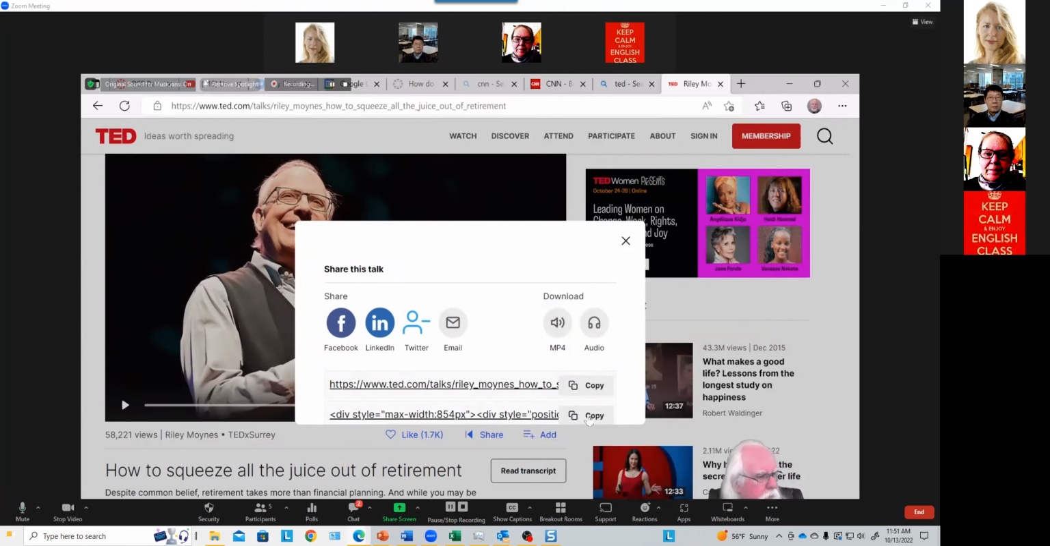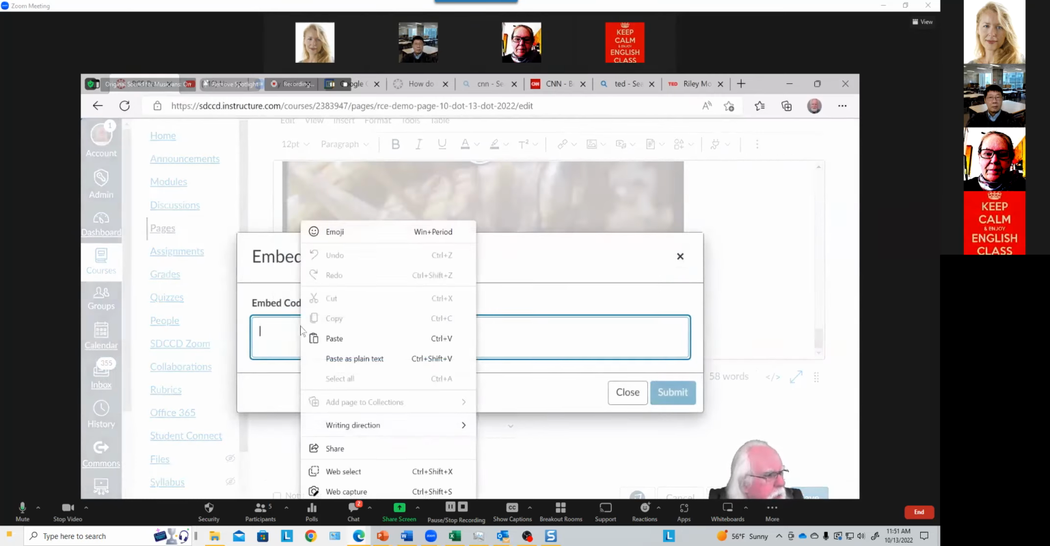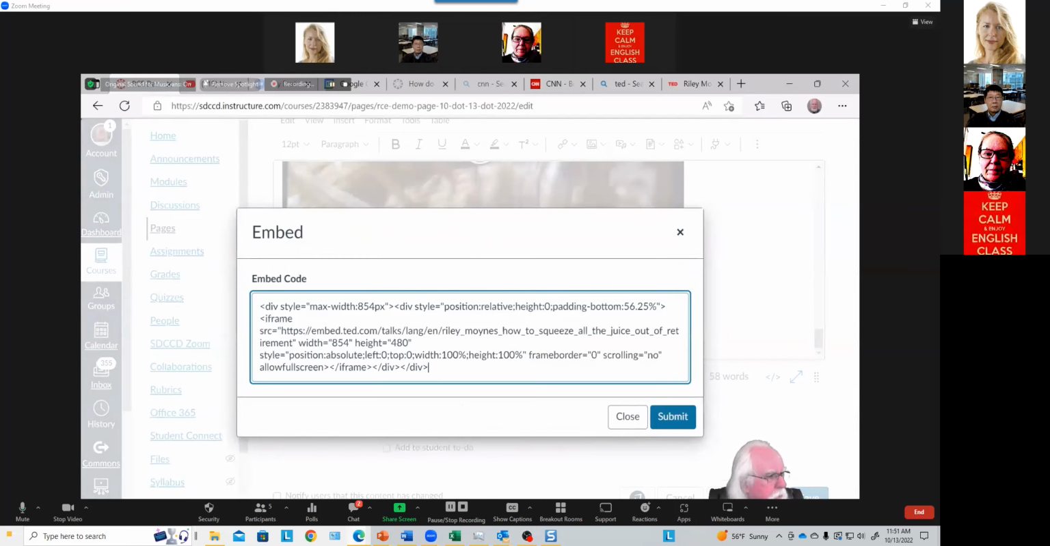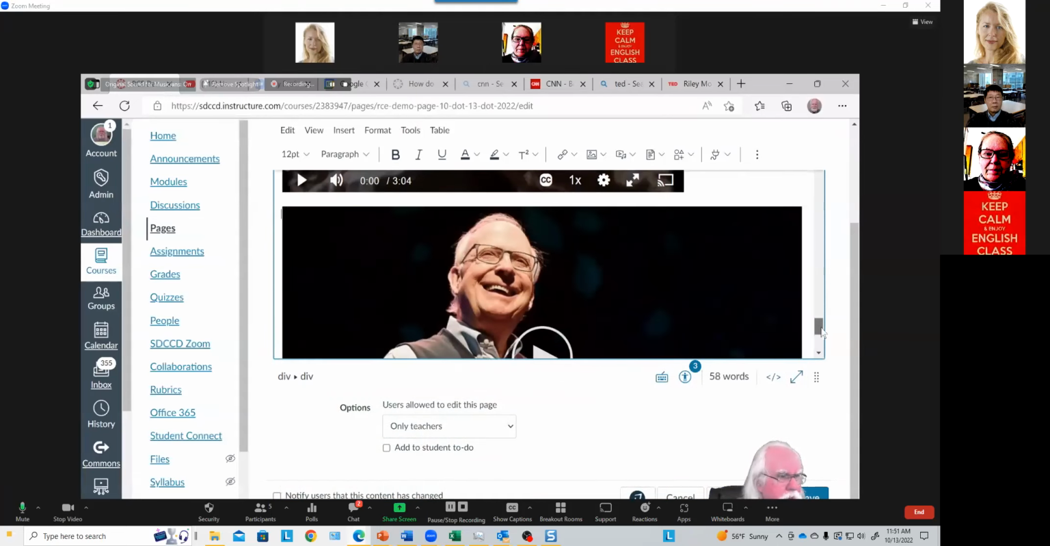Let's see if that actually did that. It's not showing it. Okay. And go back here. And I can go to the embed tool. And I can paste. Oh, there's something there. That's it. Yeah, that's it. That's the embed code. You don't have to understand anything about how that embed code works. You just submit it. And bingo, there's that TED Talk